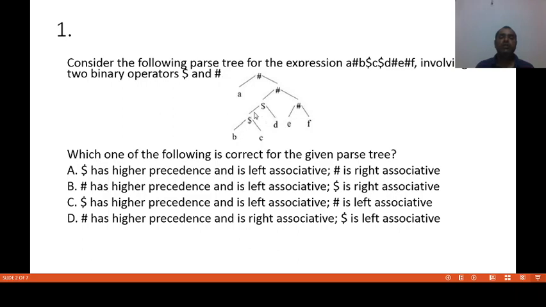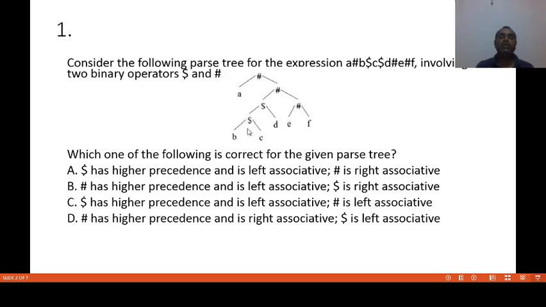Then this dollar will be evaluated. So if the expression is B $ C $ D, in that case the left dollar is first evaluated and the right dollar after the left dollar is evaluated. So we can say dollar is left associative.